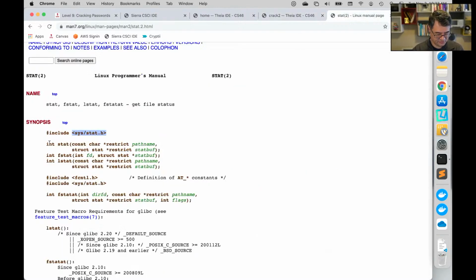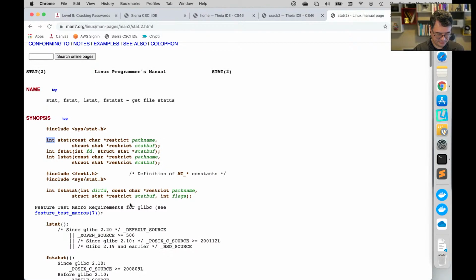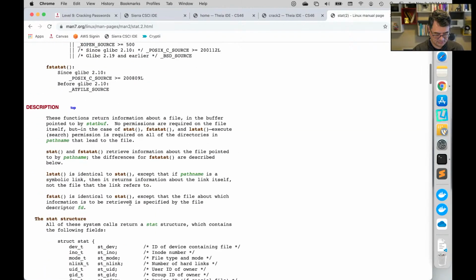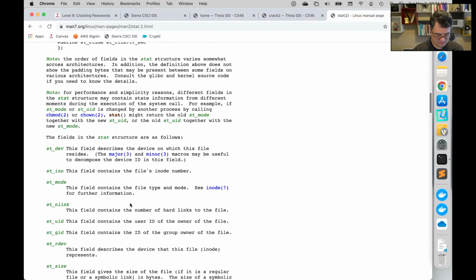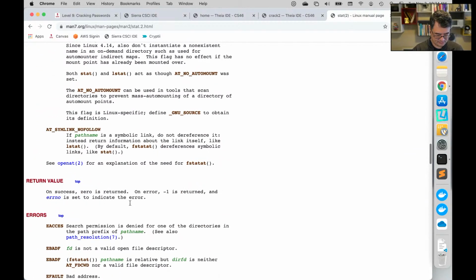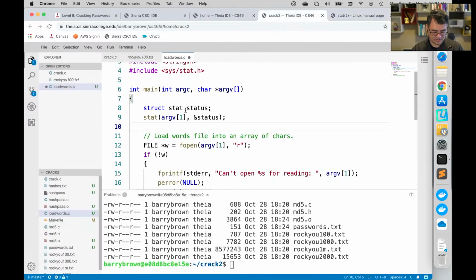Now stat returns an integer. Let's scroll down to here where it says return values. On success, 0 is returned. On error, -1 is returned, and errno is set to indicate the error. Okay, so let's go int, I'll call it ret for return value.